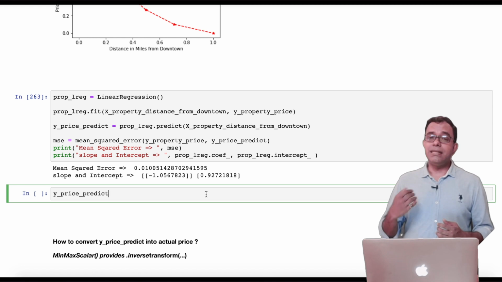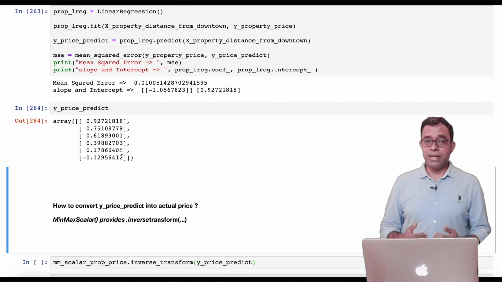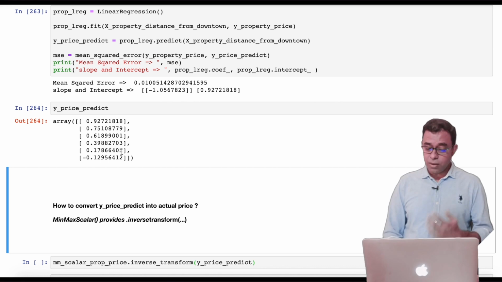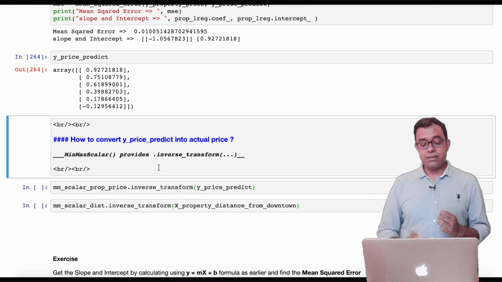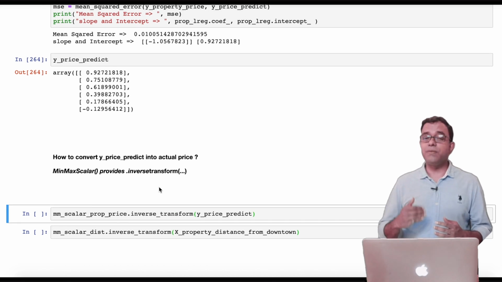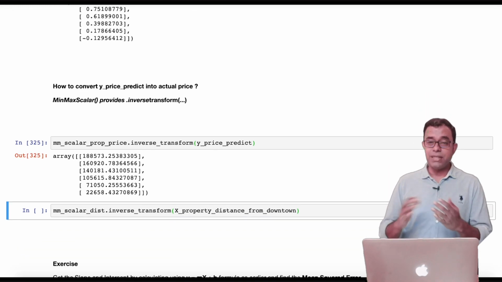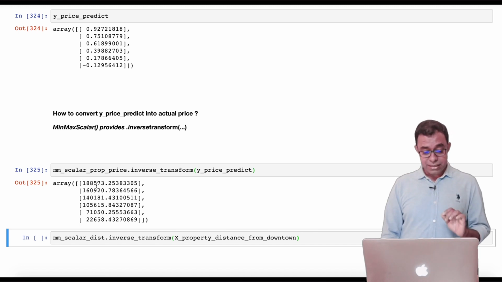If you go ahead and see how our prediction looks, you will see this is not what we wanted to predict, right? We wanted to predict prices in USD. So how to convert this into the actual prices? Not to worry, the MinMaxScaler provides a function called inverse_transform. What inverse_transform does is that it takes the normalized value and gives you the actual value. We call inverse_transform with the price predict, and here is how it looks. It converts these decimal values into the original values,